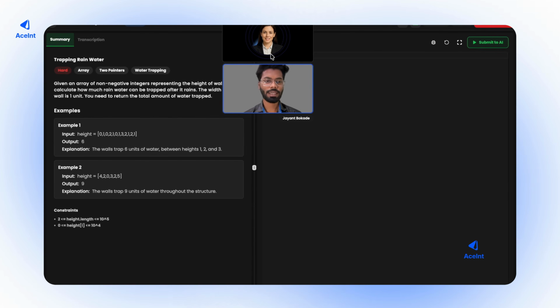Okay, let's take an example of 4 2 0 3 2 5. This is my input array. I hope you got the input. Yes, I got the input array with heights 4, 2, 0, 3, 2, and 5. For this input, what do you